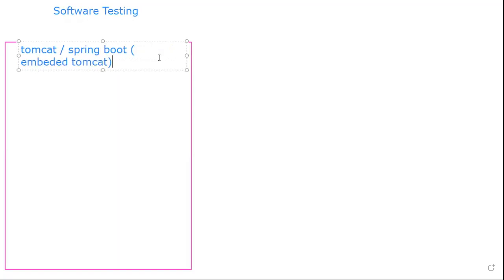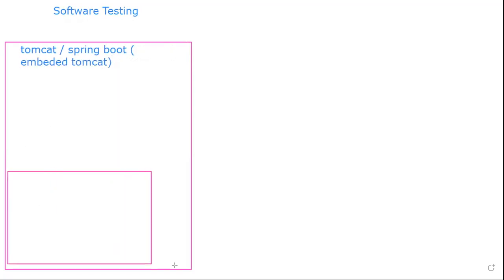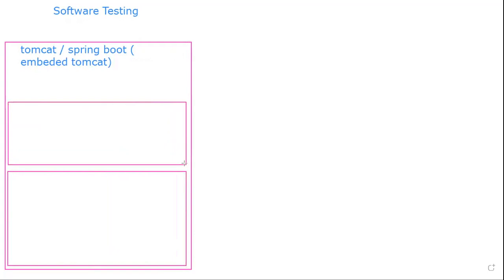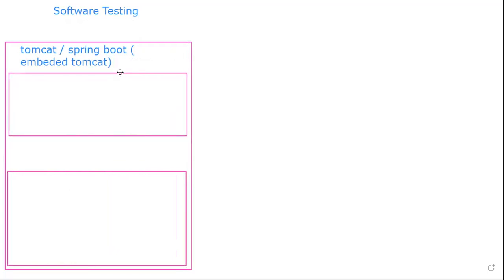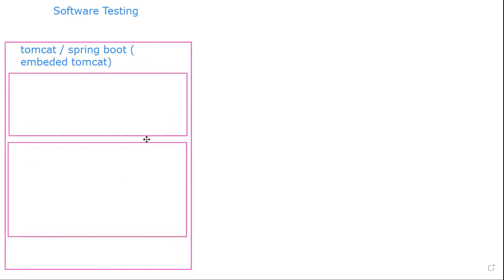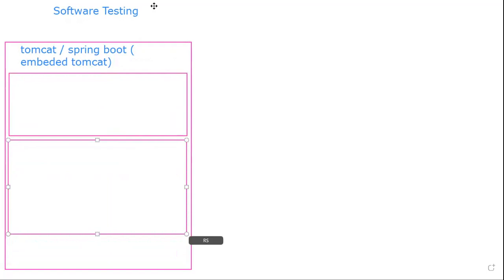It is hosted in a server and it is going to contain the business logic, the UI, and the database. So any web application will have these three components.